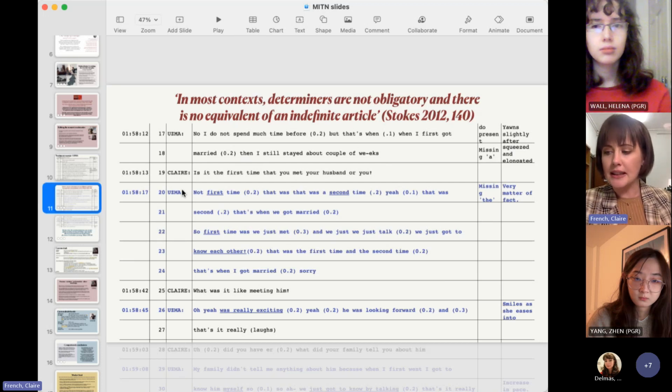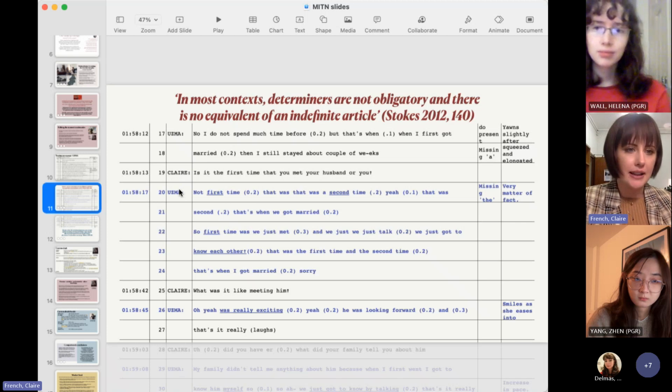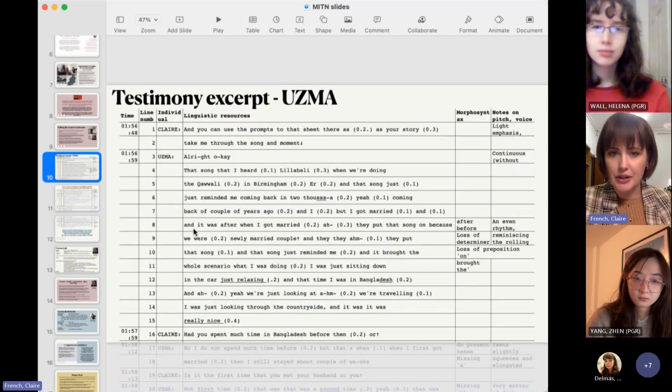And this inconsistency suggests the combining of her British West Midlands variety with Bengali at times, and a kind of fluidity between them. And additionally, she uses "after, before, when," in "after when I got married" in line 8, returning to the first page. "After when I got married."